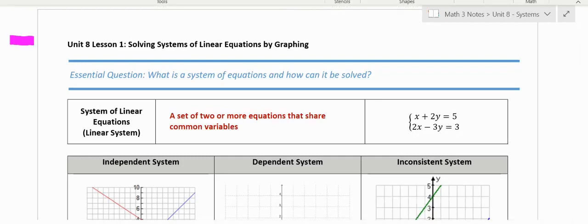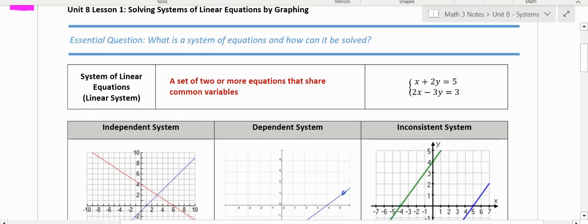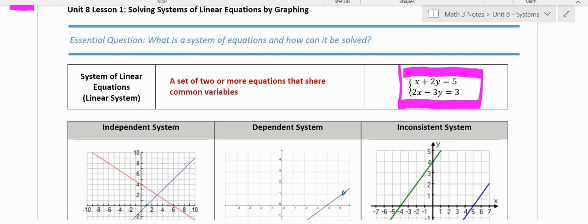This is the video for Unit 8, Lesson 1, Solving Systems of Linear Equations by Graphing, and we're also going to look at nonlinear equations as well. So our goal is going to be solving a system of equations, and specifically we're going to focus on how to solve with graphing. A system is a topic that you learned back in Math 1, and it's basically two or more equations that share the common variable. So we're looking for what is an x value and a y value that satisfy both equations,